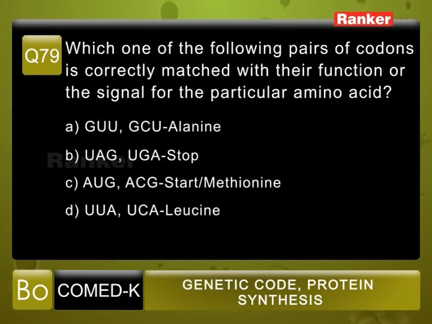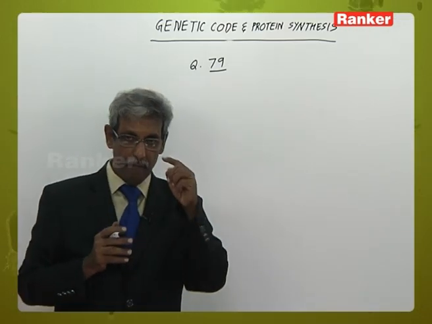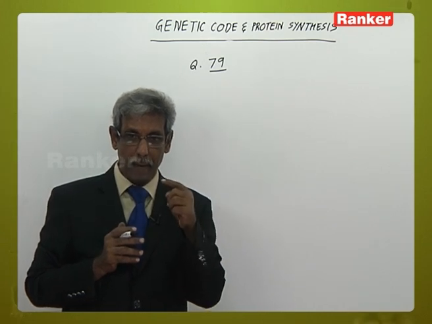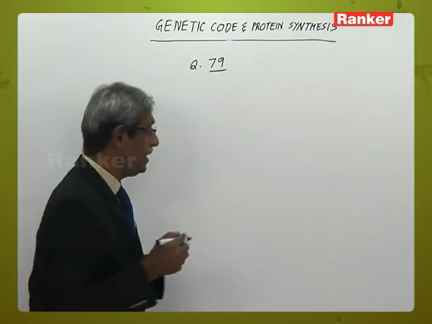The choice A says GUU, GCU for alanine, B UAG, UGA as stop codons, C AUG, ACG as start and also coding for methionine, and D is UUA, UCA for leucine. Now, when you are looking at the choices, whenever we start with U, it primarily indicates it could be a stop codon. Hence, UAG